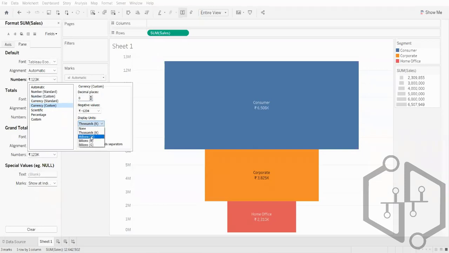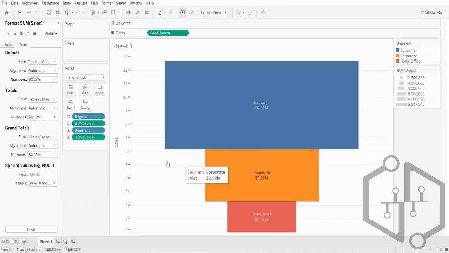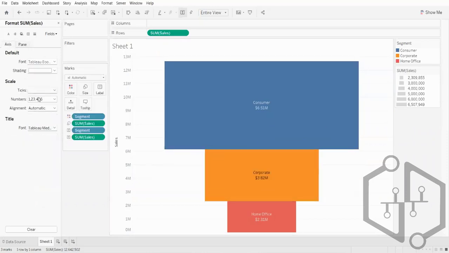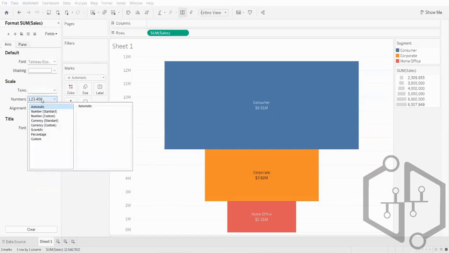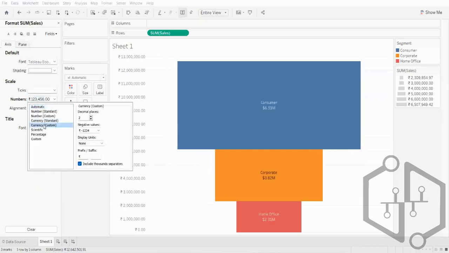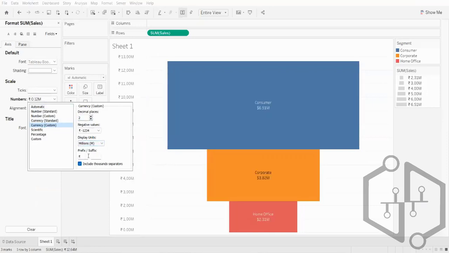So they prefer millions. So if it is 7 million, let's put two decimal places and then change this prefix from rupee to dollars, and then it changes to this, right? Likewise, if you want your axis also to be modified, you can put it as custom, and then let it be here, display units in millions,